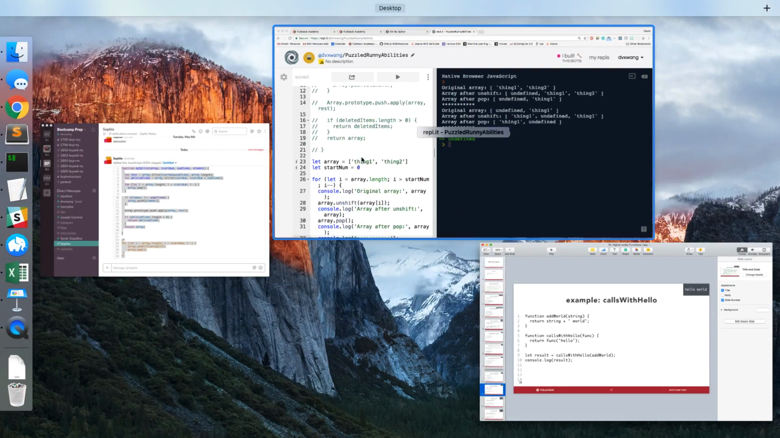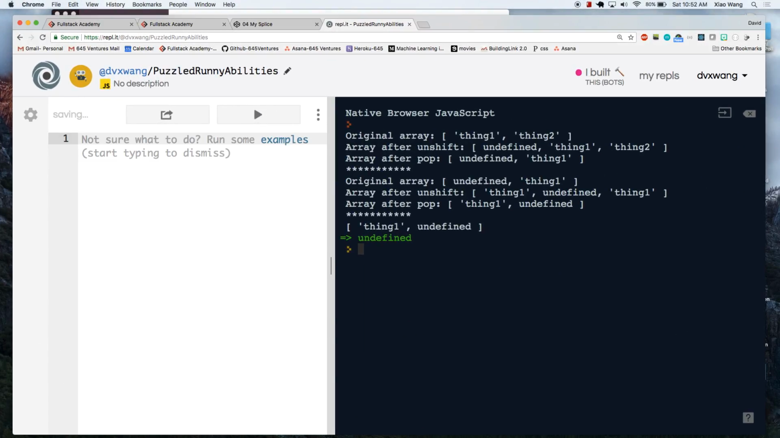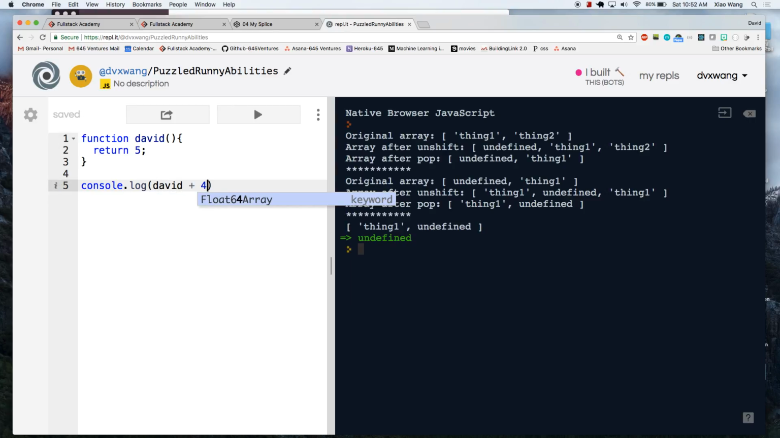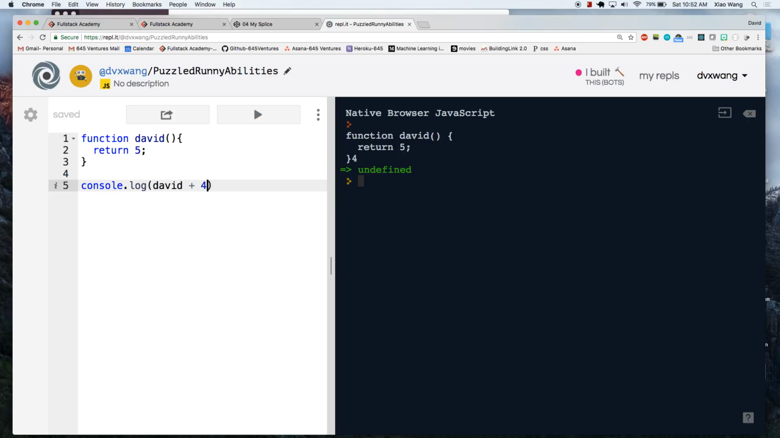I'm gonna probably be a little bit anal about this because this is super critical, right? If I have a function, I'll call it David. David takes in nothing and just returns back the number 5. Okay. If I do console.log David plus 4, what do I get? 5 plus 4? Oh. I get back literally something called function 4, and this is kind of a little bit janky, but